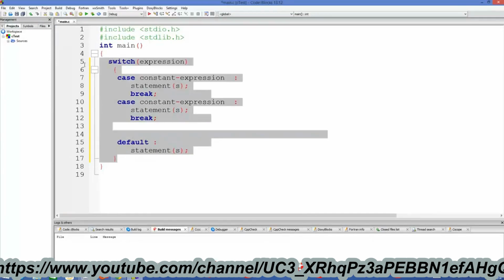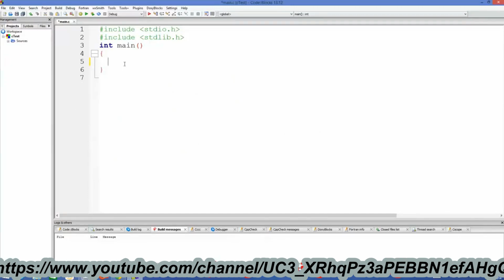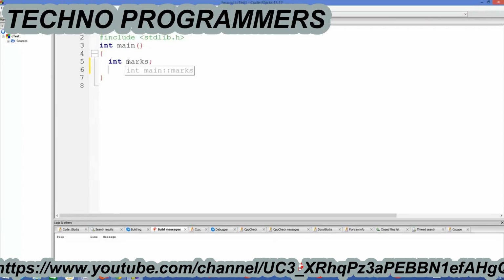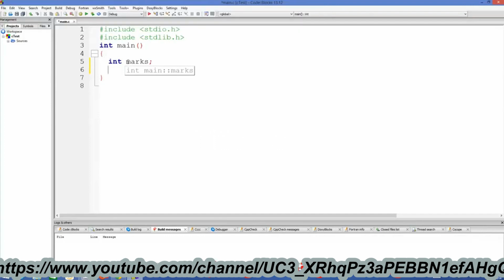Now let's see an example, and then we will be able to understand it much better. So for example, we want to calculate the grade of a student, and on the basis of grade we want to give some message or print some message. So for example, int, and let's say student scores some marks. So I will name my variable as marks, and on the basis of marks we want to decide if the student is excellent or good or very good, or he has scored poor grades. Okay, so now we use switch statement,